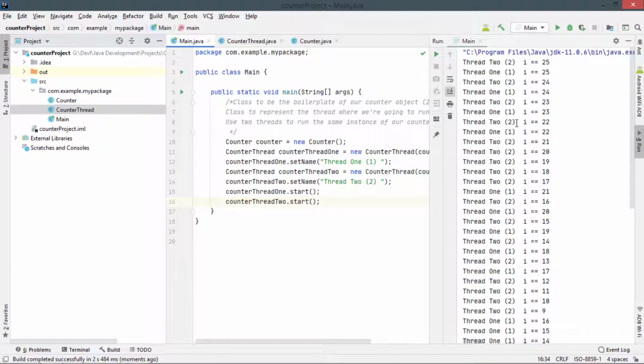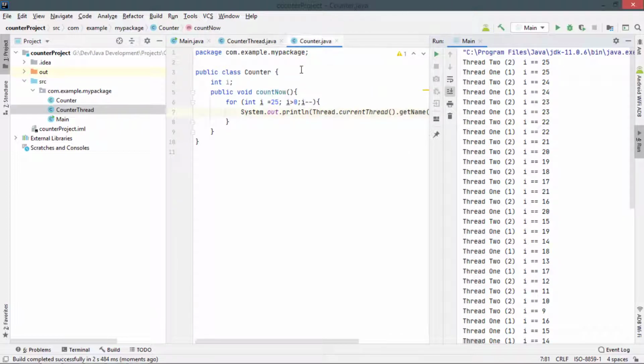Great. Okay, here we have our outputs. Let's just open this class. Thread 2 is showing 25, Thread 1 25. Okay, Thread 2 24, Thread 1 24. You may not have the same output as I have. Don't worry, threads don't execute in the same order in all the machines. We are just scheduling the threads, and the CPU is going to know when it's going to execute. So don't worry if you don't have the same